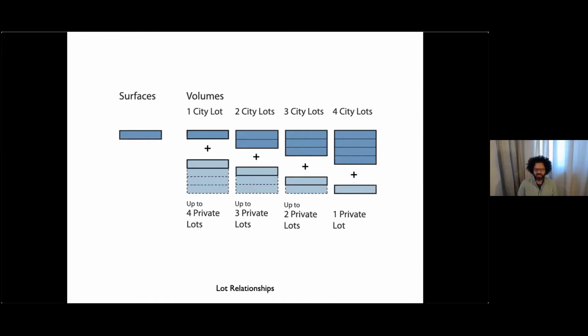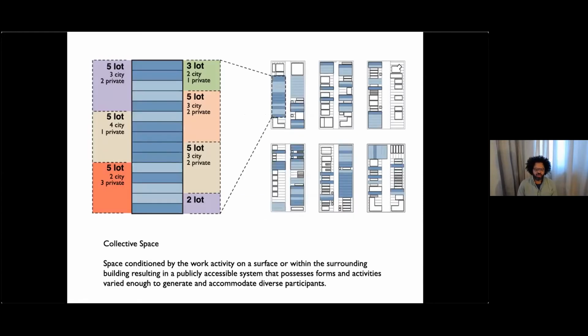So in essence, a 25 by 125. A standard Chicago lot is 25 feet by 125 feet. And so that begins to give you possibilities within a single block or a stretch of vacant land, similar to what you see here, that could manifest itself in the 6 different ways, 7 different ways that I've shown here,